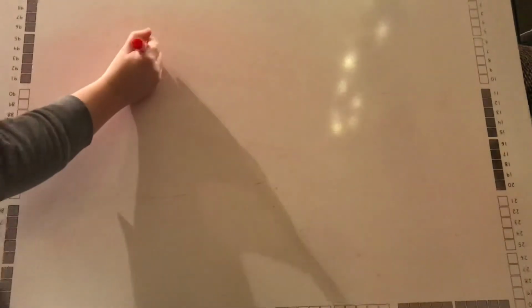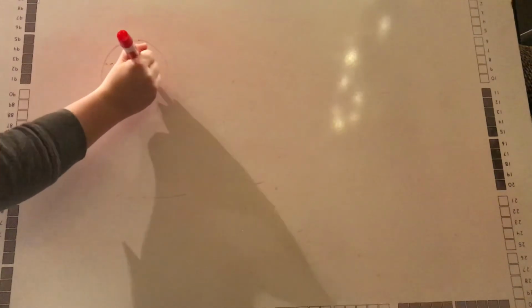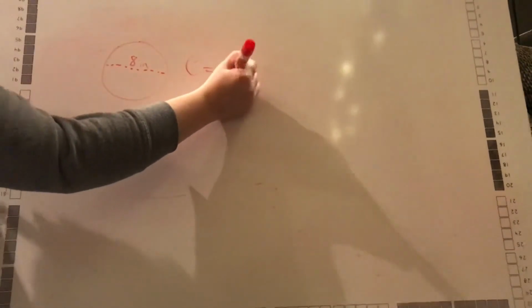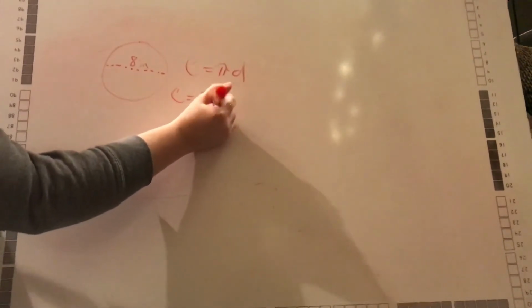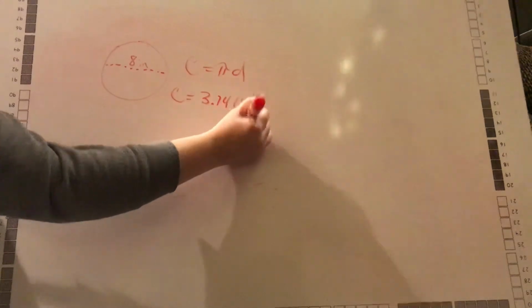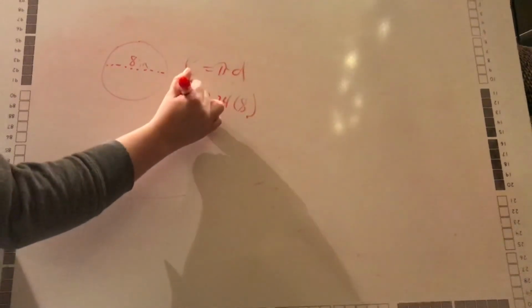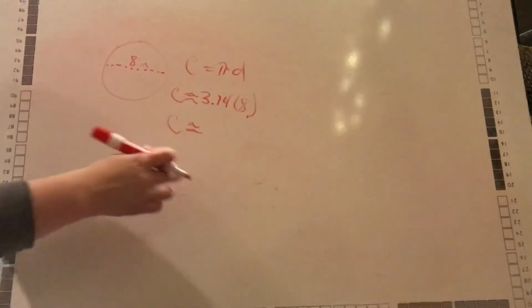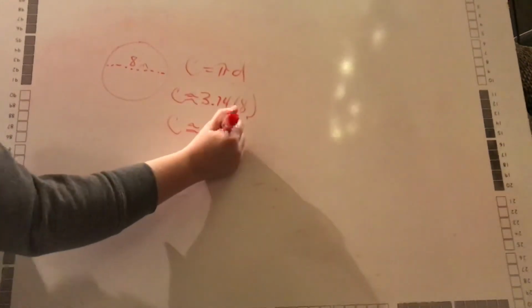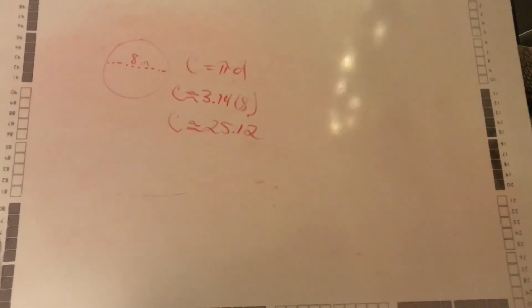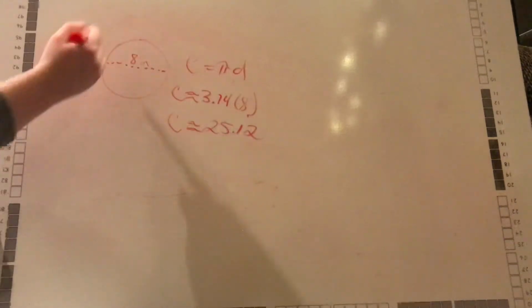They say they have a circle and a line all the way across that says 8 inches. We're going to use our formula C equals pi times d. So C equals 3.14 times 8, and therefore C equals, and they give you the squigglies because pi is actually a much bigger number than that, so it is about 25.12. So the circumference, or the length around an 8-inch diameter circle, is 25.12